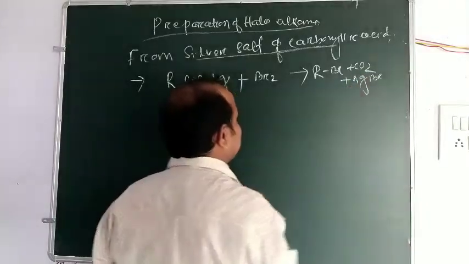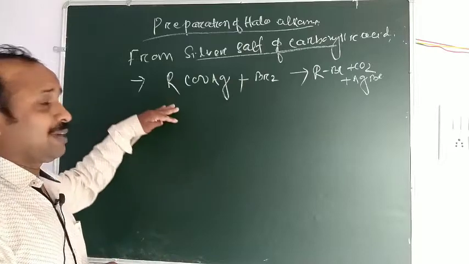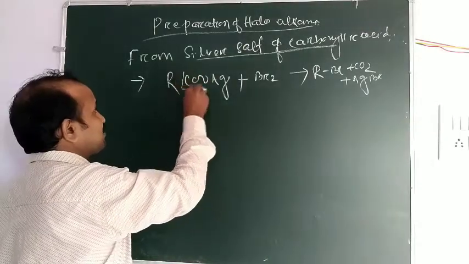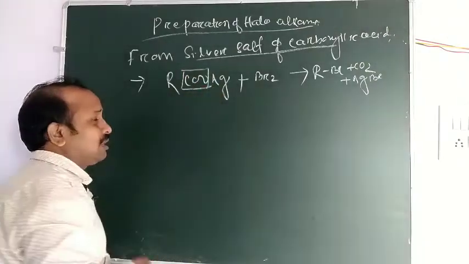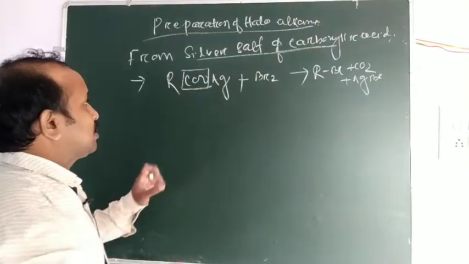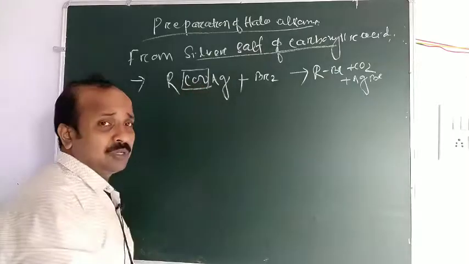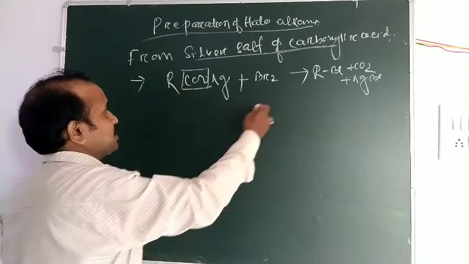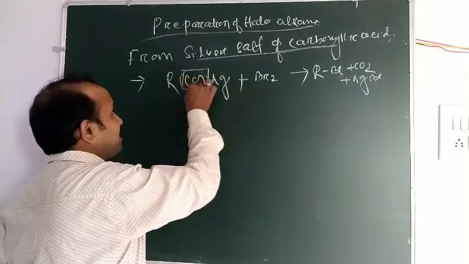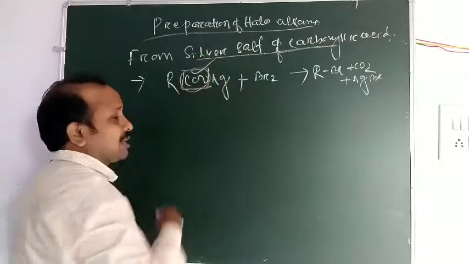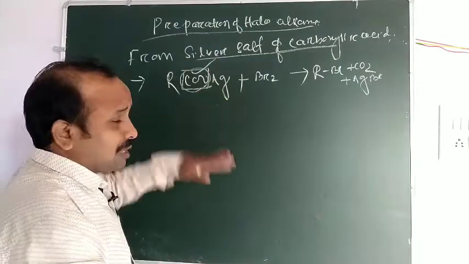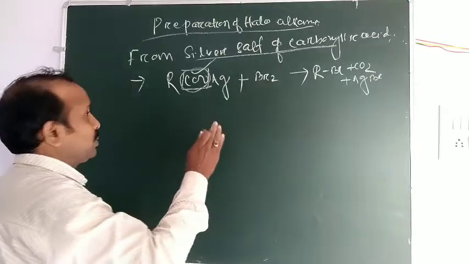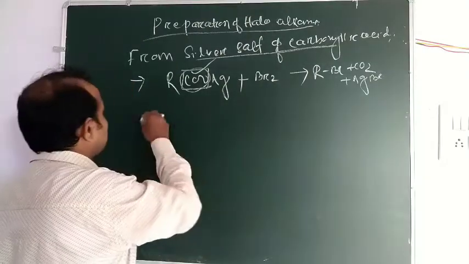Here you remember that it is also a step down reaction. It means one carbon is lost from the parent chain due to decarbonylation, or removal of a carbon dioxide molecule. One carbon dioxide molecule is removed from the carboxylic acid, so one carbon less, or step down. N to N minus 1 reaction.